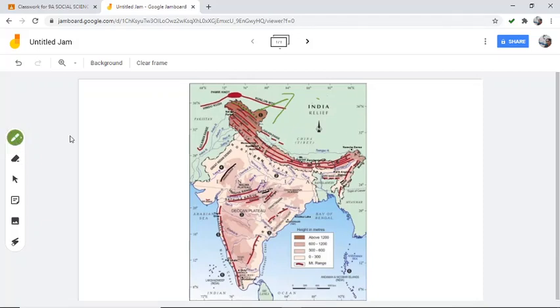Then next, if the question is Himadri ranges, you can see three parallel lines. These are all different mountain ranges in the Himalayan region. So if the question is Himadri ranges, mark it till here. Then it passes through the border of China and India, I mean Nepal. While marking, you should make sure that you are marking in the right place, because the entire country will be different sometimes, so mark it properly. Most of the places this mountain is passing through the borders between India and neighboring countries.